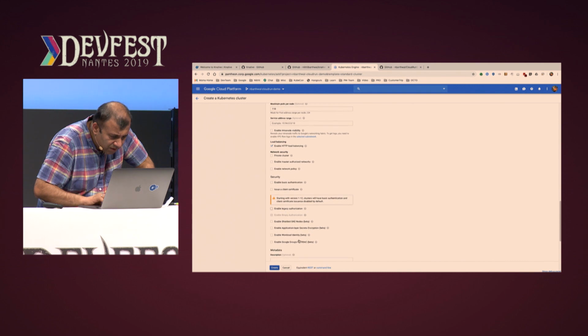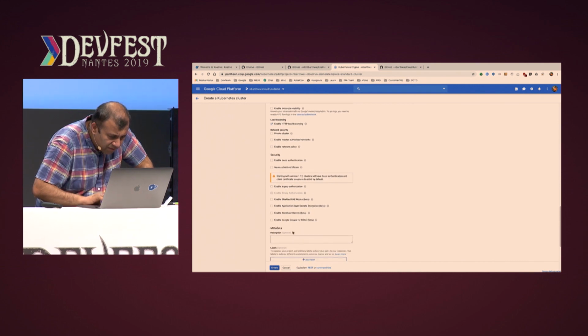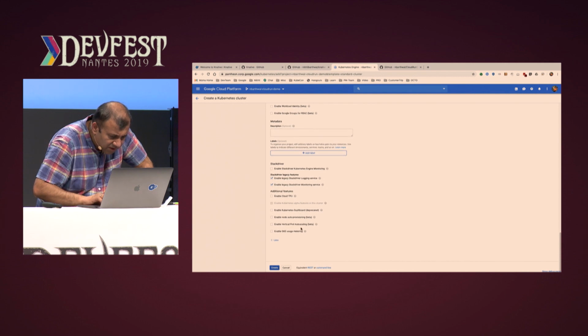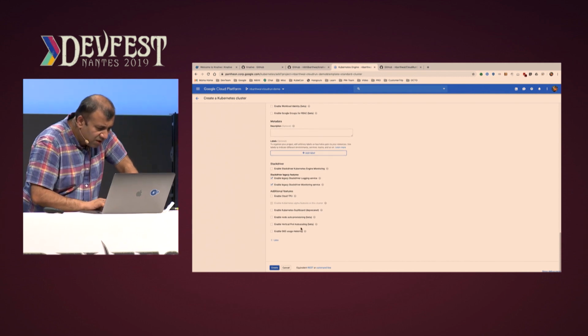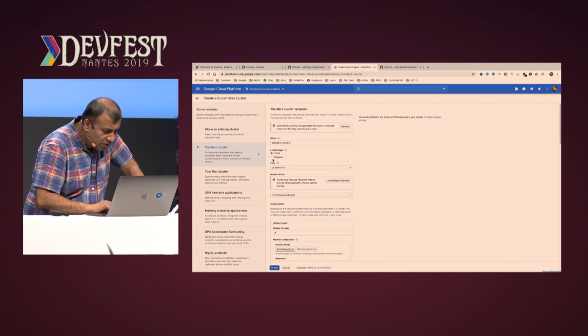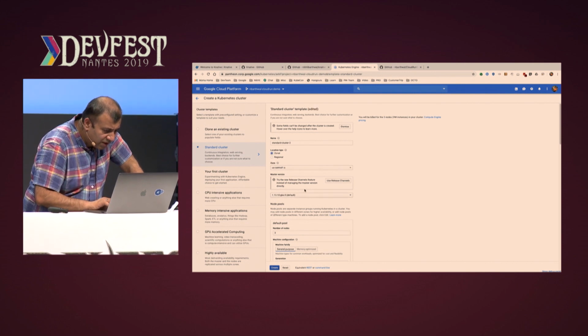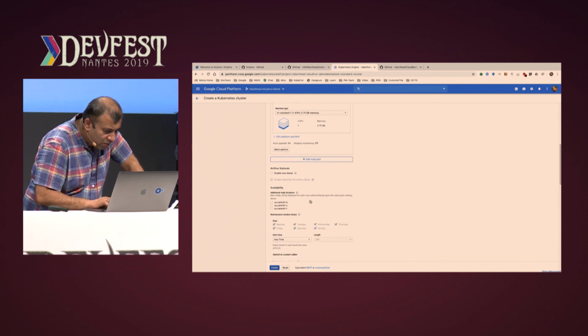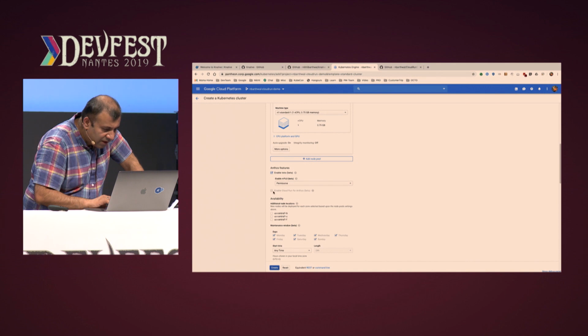Private cluster, enable Google RBACs. I don't know where it's missing. Anyway, it's here somewhere. Zonal is fine, cloud cluster. I need to add node pool, enable Istio. There you go. When I enable Istio, I have this option which right now will not work because Stackdriver